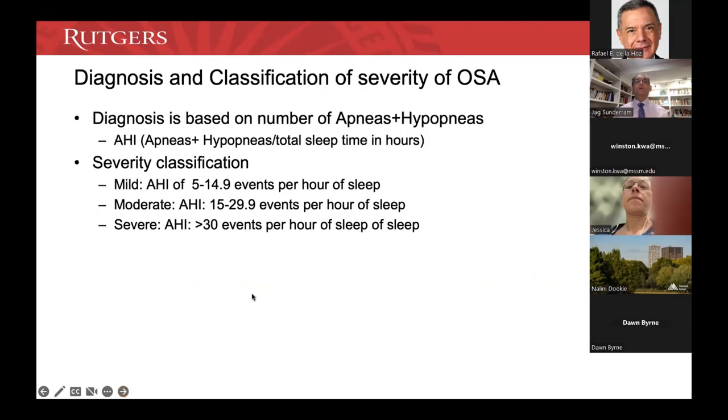Now, when we diagnose or classify severity of sleep apnea, it's based on these events, and we call it the apnea-hypopnea index, which is the number of such events over the total sleep time. And we've classified it basically as mild, moderate, or severe. Really, it's not clear how this was done. There's a thought that this was just at a conference that it was decided that this was a good idea to do. And so that's how the classification of less than 15, 15 to 30, or more than 30 events an hour came about.